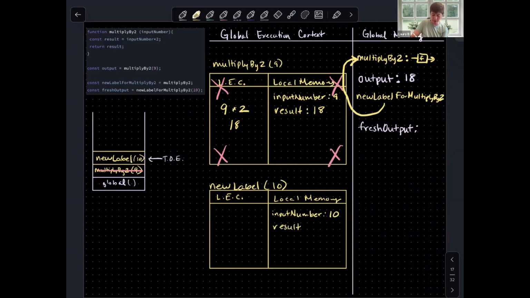Why are we defining it in our local memory? We're defining it in our local memory because that is where the thread of execution is at the time that we run this line of code. So what should the value of result be? It should be input number. JavaScript checks its local memory and finds input number to be the number 10